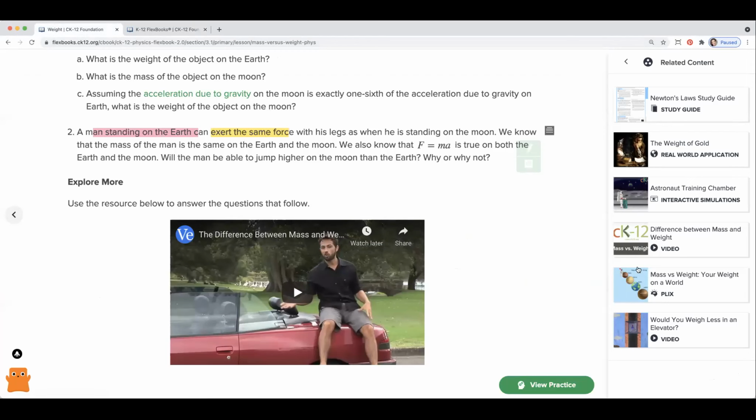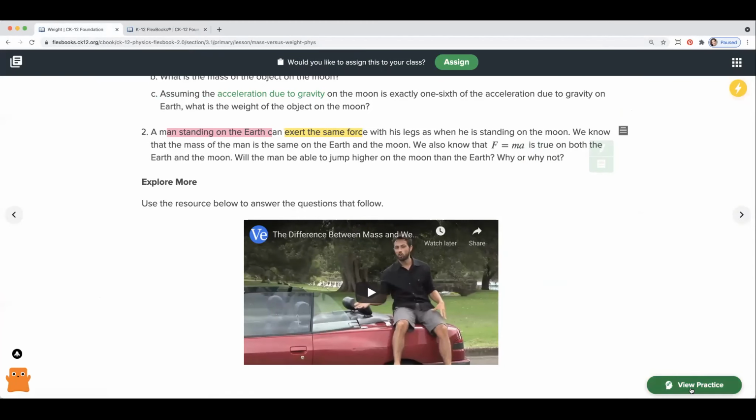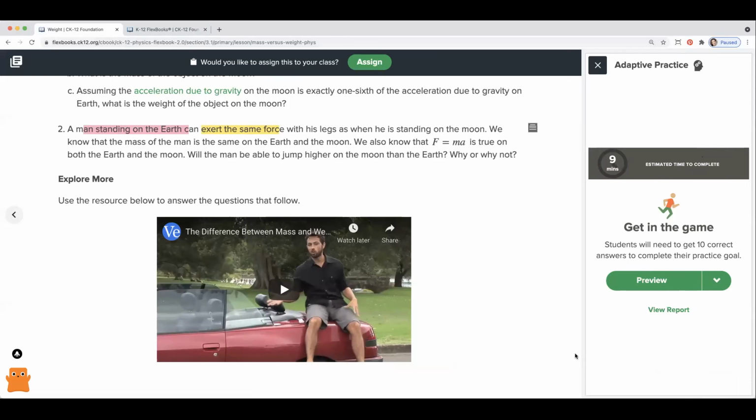And then I did want to show you a few things. There is here practice, and Heather will highlight more of the adaptive practice, but within every lesson, your students are able to access basically a set of practice problems. And it's right there within the lesson, giving them immediate feedback, and it actually adapts. So it gets harder as they answer correctly, and then it helps kind of point them to different resources if